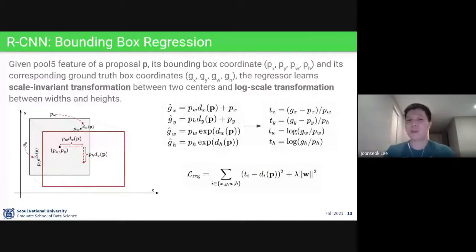So they would like to learn this movement scale invariant. So it's relative to the actual size of these bounding boxes. They multiply the width here and the height here, and they just regress this part. Then this will be the scale, multiplied by the original scale of this bounding box. So for the larger ones, they actually move larger, and for smaller boxes, they actually move smaller. That's why we multiplied PW and PH here. And this DP,